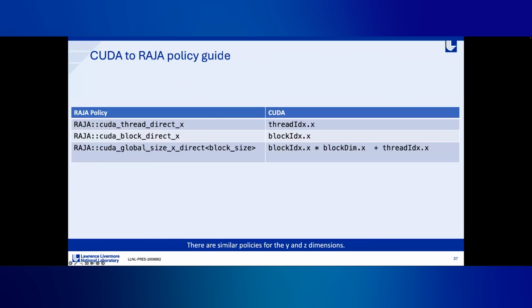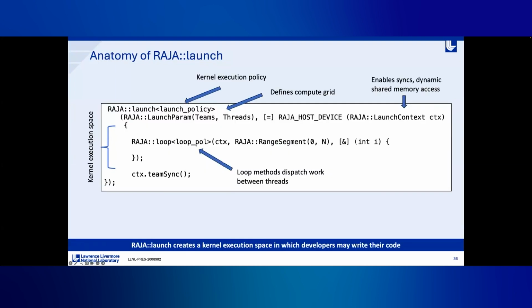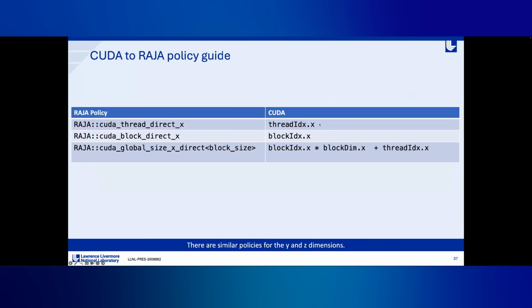So if you specified thread direct X, for example, to Raja loop, this integer would just get populated with thread index.x if you're compiling to a CUDA backend. If you provided CUDA global size X direct, you would get this full overall index into the global thread number. So, concretely, if you were creating 16 by 16 blocks of threads, the